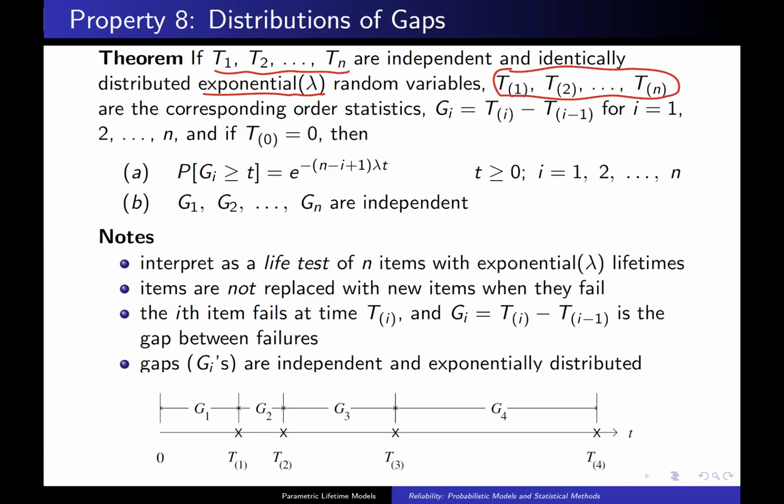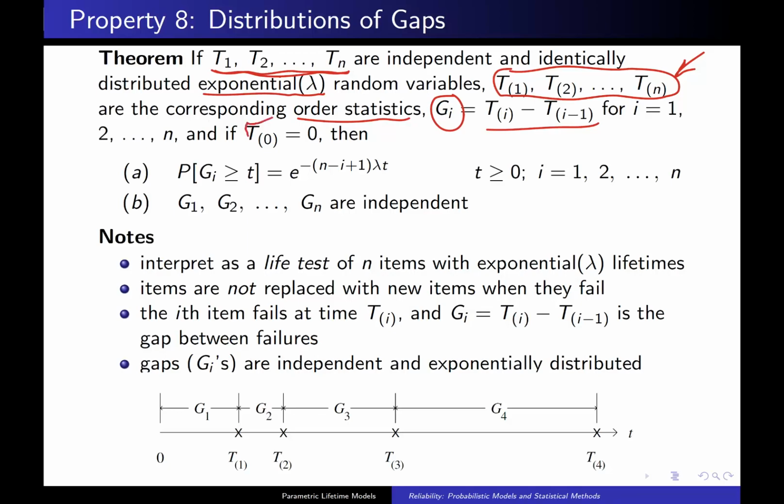This is simply that raw data T1 through Tn, but this time sorted from smallest to largest. Those are known as order statistics. And then we're going to define a G sub i. And G sub i is going to be the gap between various failures. So this is going to be T sub i minus T sub i minus 1 for i equals 1 to